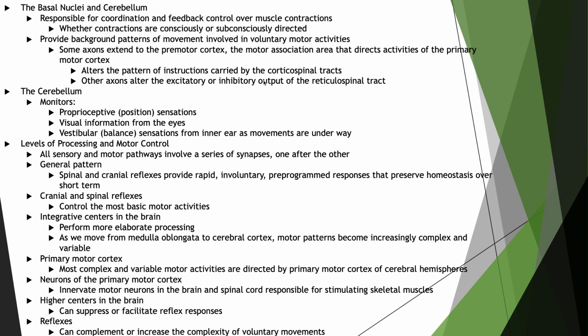And two, a second group of axons synapses in the reticular formation, altering the excitatory or inhibitory output of the reticulospinal tracts. And two distinct populations of interneurons exist in the basal nuclei. One stimulates neurons by releasing acetylcholine, and another inhibits neurons by releasing gamma-aminobutyric acid. Under normal conditions, the excitatory interneurons are kept inactive, and the axons leaving the basal nuclei have an inhibitory effect on upper motor neurons. In Parkinson's disease, the excitatory neurons become more active, leading to problems within the voluntary control